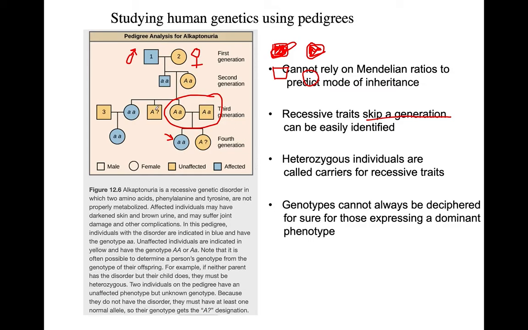So for example, for this individual and this individual, we really don't know exactly what their genotype is, because there could be both big A big A and big A little a possible. Sometimes there's more than one possible mode of inheritance, and that's because, again, we're not having enough data. So the best way to deal with problems that involve pedigrees is to go with the process of